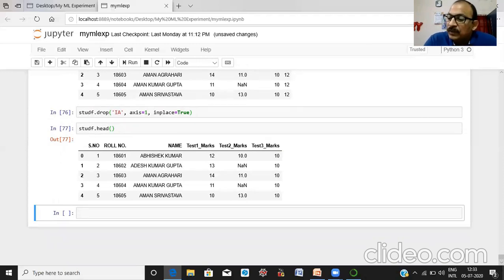Next is how to identify and delete rows that contain duplicate data.